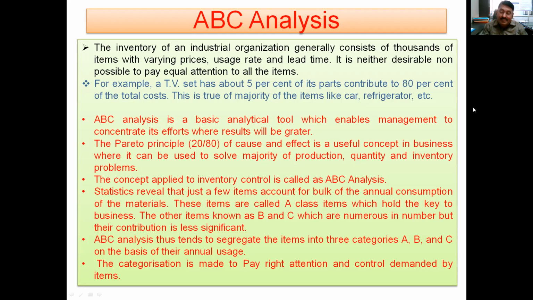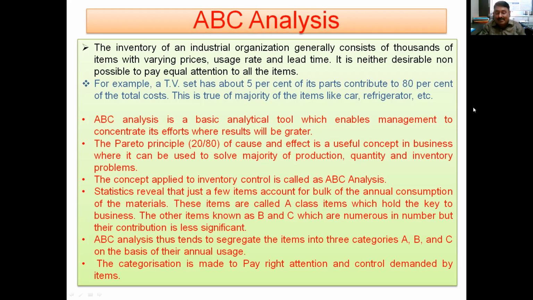Listen carefully. There are 20% items contributing to 80% of cost, and there are 80% items contributing to only 20% cost. Therefore, more attention is required on the majority, significant, vital, important parts. These all are similar words: majority, vital, significant, important. That is for 20%, and less important, less significant, for 80%. Because if you concentrate on 20% of items, the majority percentage of cost is covered, and whatever the 80% items are, they will not cost more than the remaining 20%.